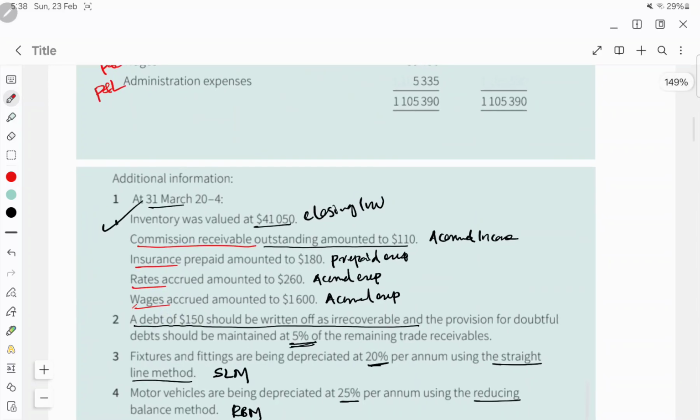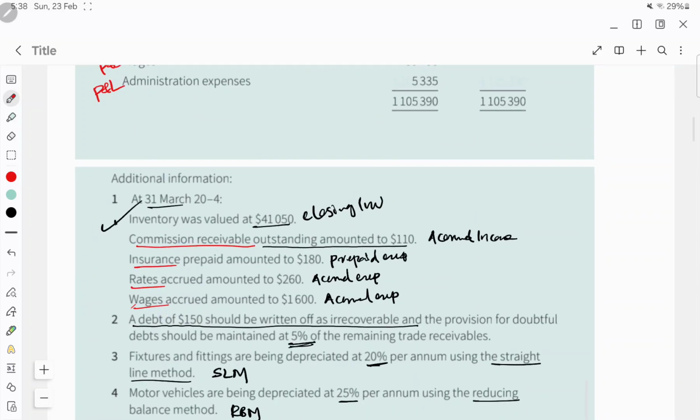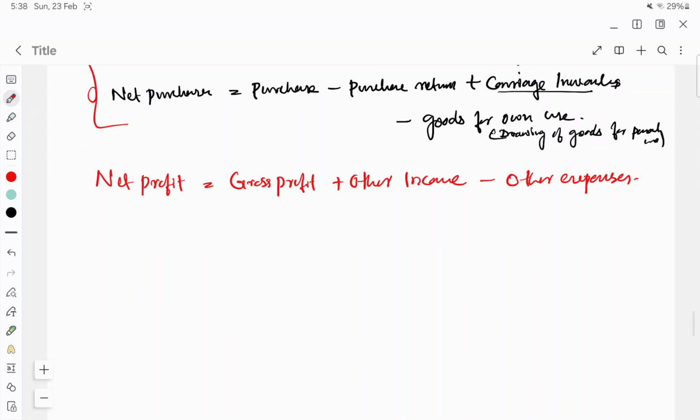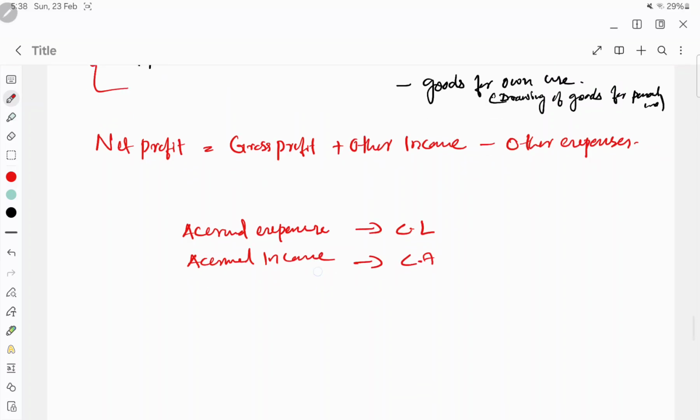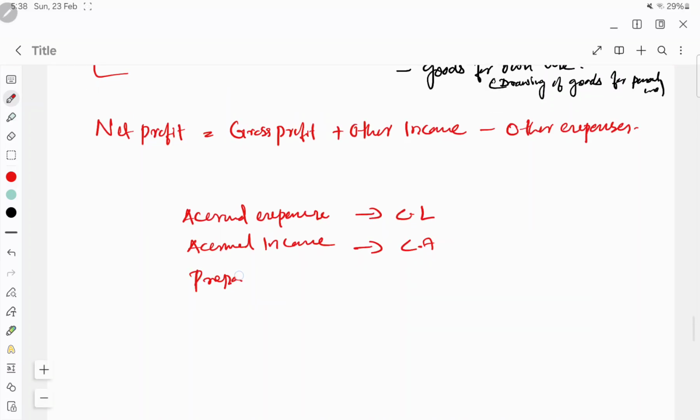We have adjustment also. Commission receivable outstanding 110. That is accrued income. So you can take this note. Accrued expense is a current liability. Accrued income is a current asset. Then prepaid expenses. Prepaid expenses is a current asset. Prepaid income